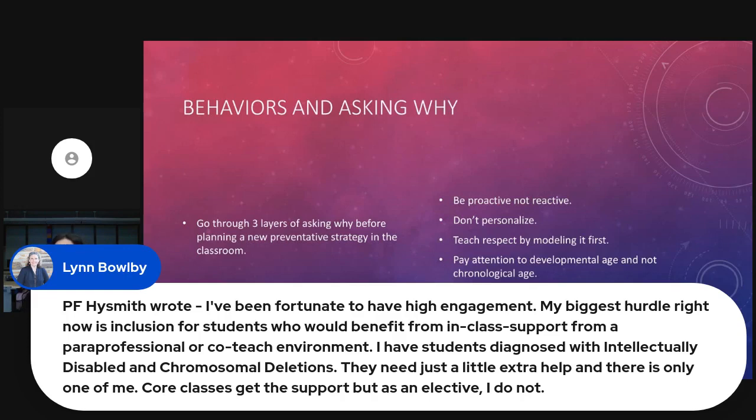Yeah, I totally understand that. So the bulk of this really has to do with inclusive settings and students who are neurodiverse. We actually don't consider the intellectually disabled in that group because they are a little bit more of a challenge. But the best thing that I could say, and I would definitely agree that you need an extra pair of hands in your classroom. But unfortunately, I know in our environment right now, we're losing a lot of educators, so it's not always possible. However, what I would say to that is definitely use co-teaching with the other students